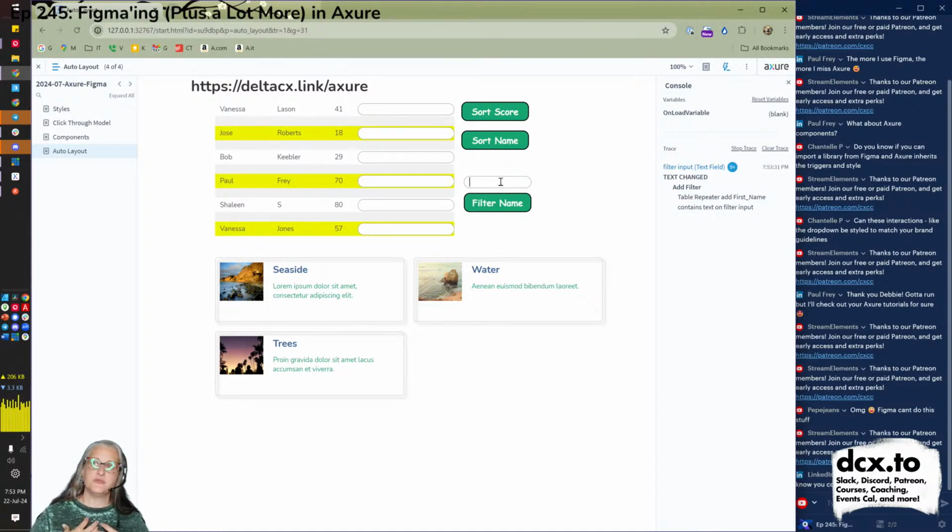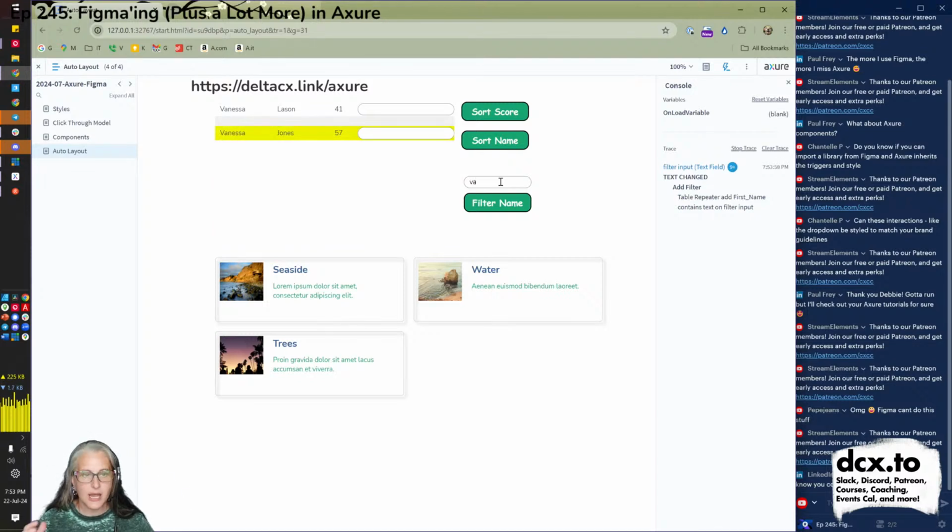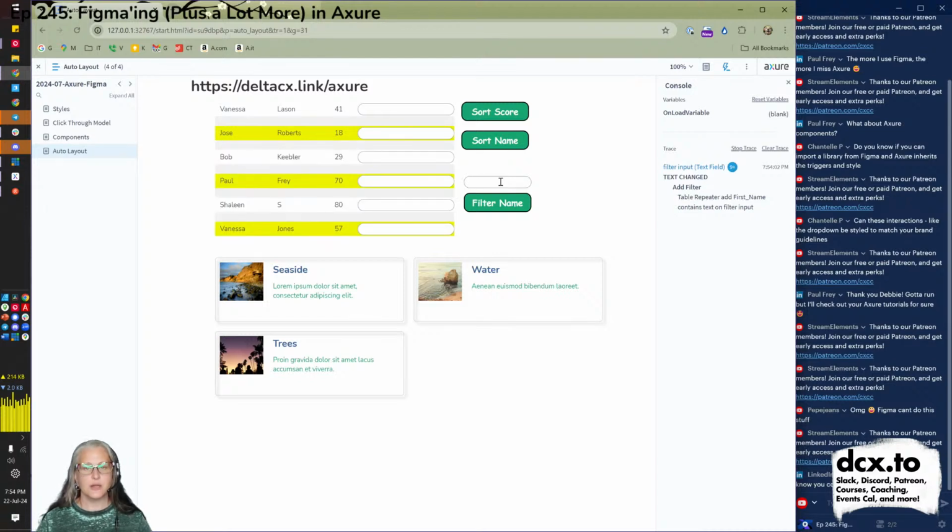We're prototyping for ourselves, for our own design process. We're prototyping for our cross-functional team so that we can show them what we're working on and see if we missed anything, get some feedback. We're prototyping for engineers so we can say, look, this is how it's going to work. People are going to be able to type in here and narrow down this list and sort it and filter it. We're prototyping for usability testing.